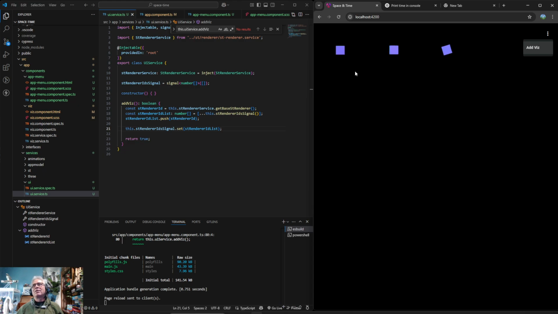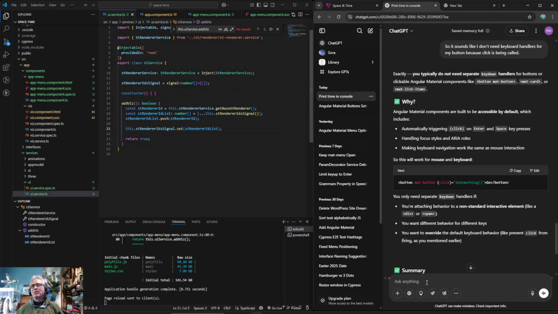So everything seems to be working without any of that other bullshit that I was doing. I know in the past I've had to build out stuff like that. I don't know when you didn't have to start building that stuff out anymore. Yeah, so let's see if it knows. When did Angular Material add this click keyboard